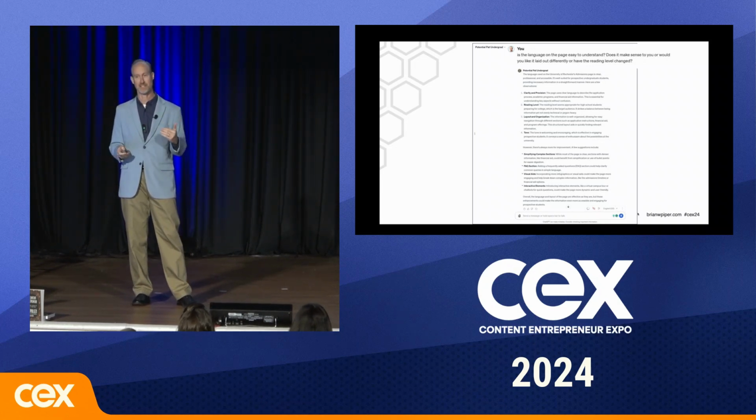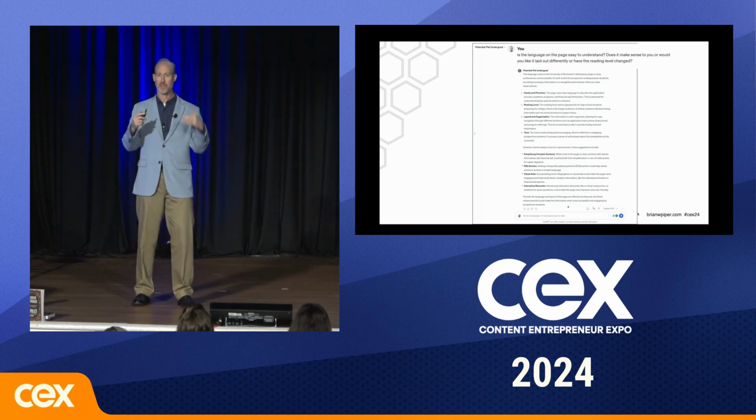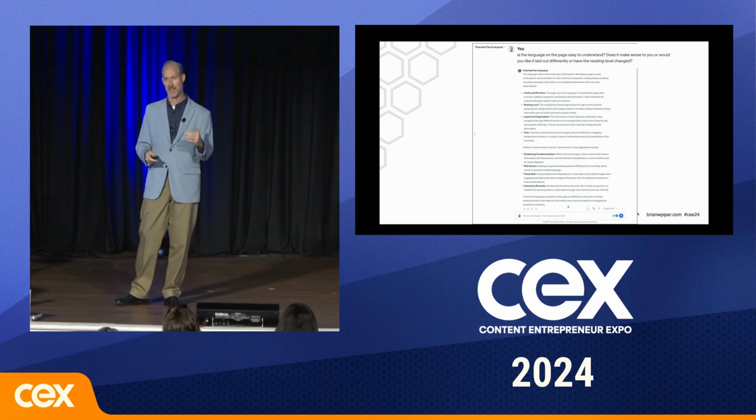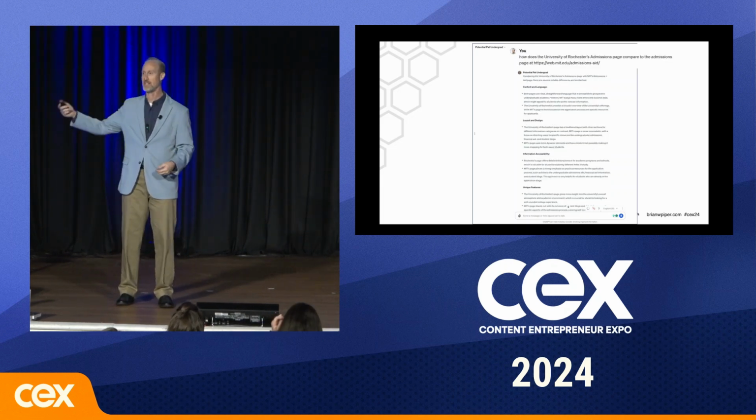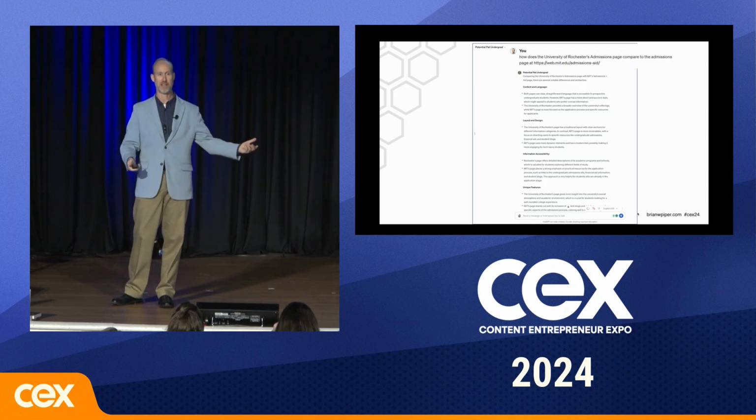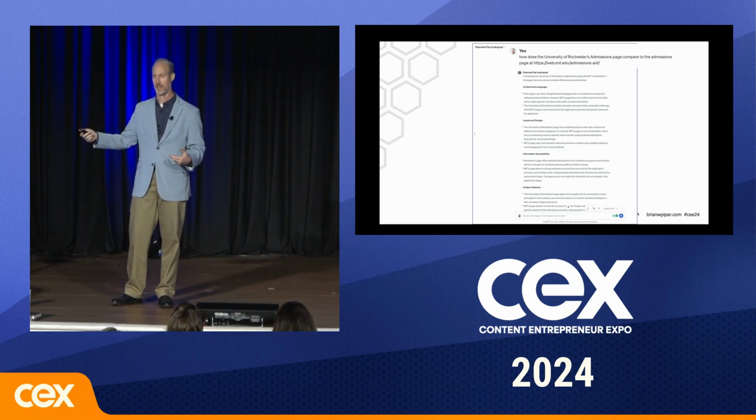It had some fantastic recommendations about how to remove different jargon, how to make sure it was very bulletized, shorten down the copy. Excellent input. And then you can do competitive analysis. You can say, look at MIT's admissions page. Tell me what's on their page that you like that's not on our page.